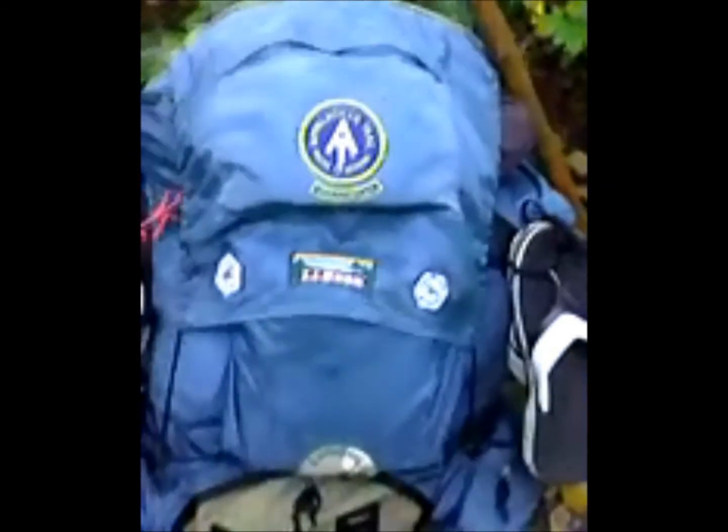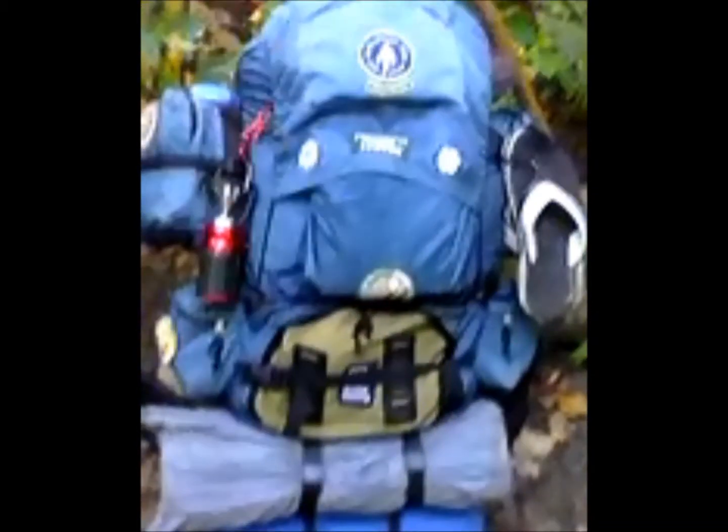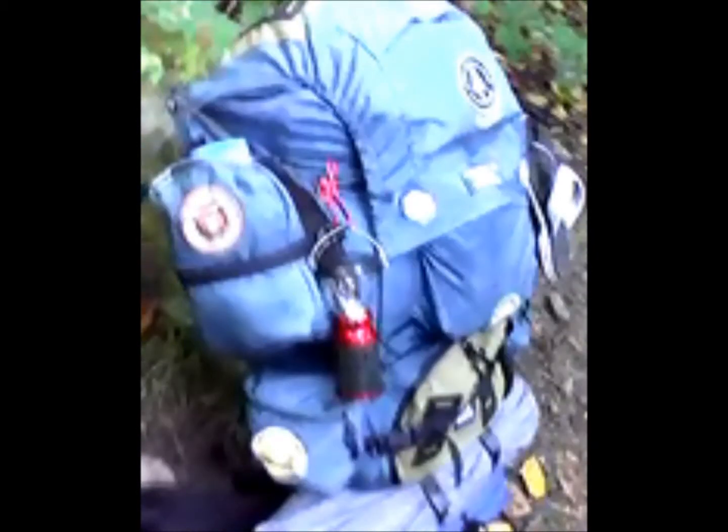This right here is the same backpack that I hiked the Appalachian Trail in '94 with, the Long Trail in '95, and now the Long Trail in 2016. Same gear. Only thing different this year,